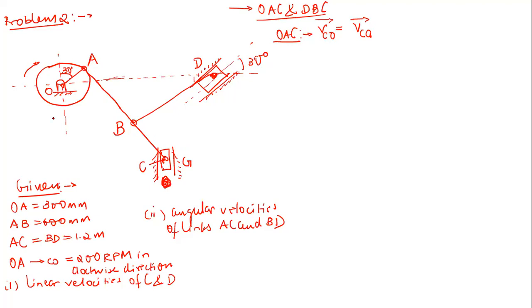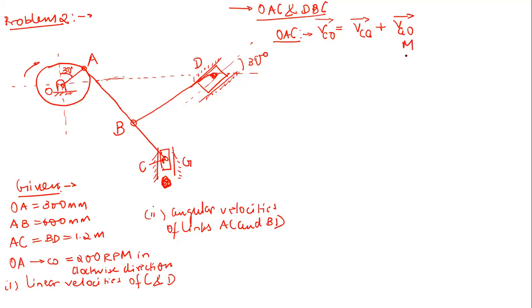Velocity of C with respect to A plus velocity of A with respect to O, correct? So now quickly tell me which vectors are known to us and which are not. I'm not going to do all that analysis, so just tell me very quickly which is completely known in magnitude and direction.